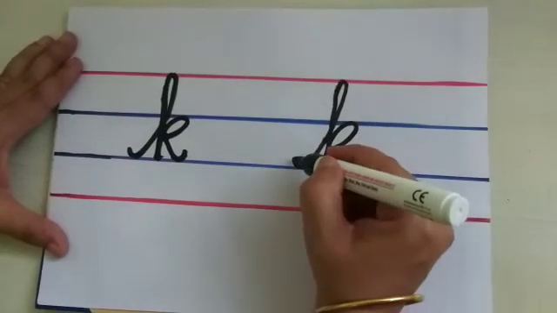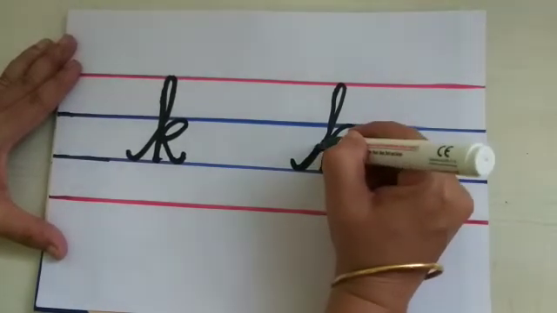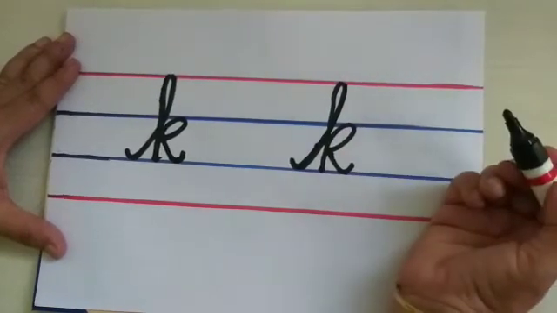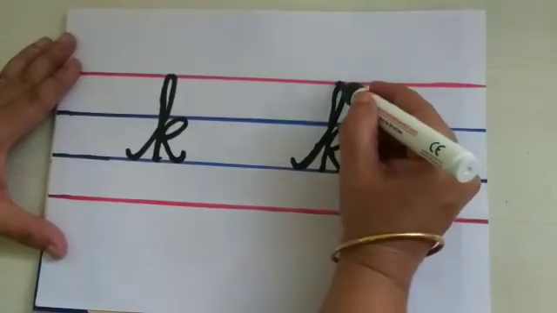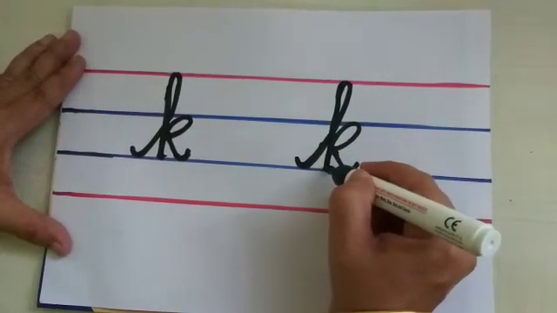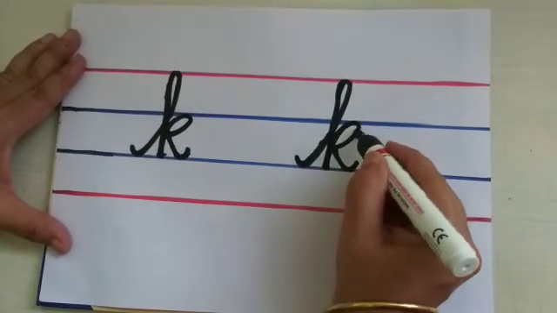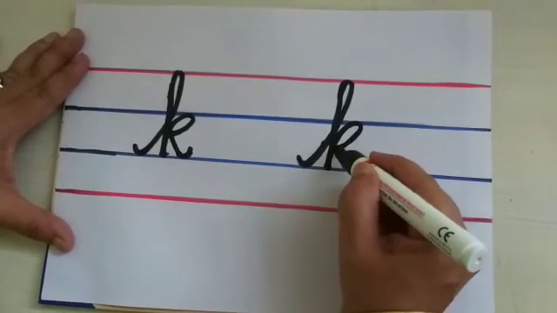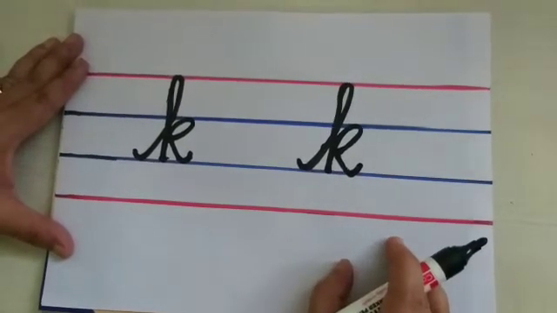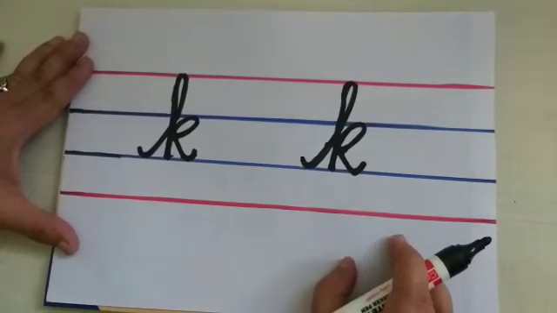Once again we will write. Make a small curve. Go up to the first red line, children. Slanting line you have to make like that. Now turn back, come down to the third blue line. Now again go up, make a round like that. One slanting line and a small curve. This is small cursive letter K.